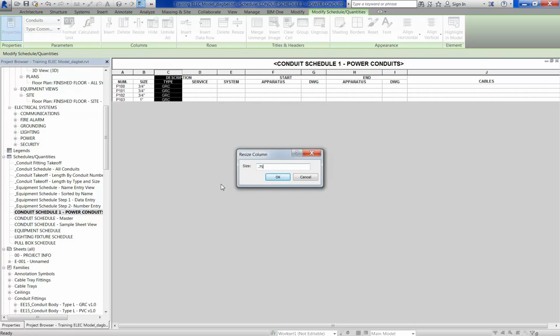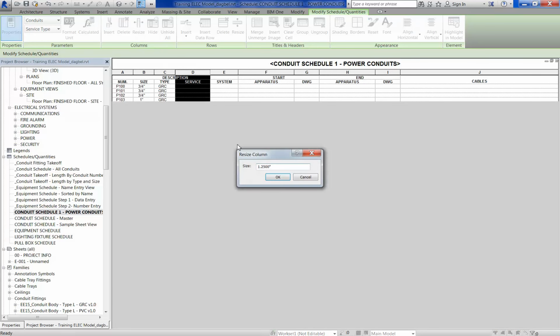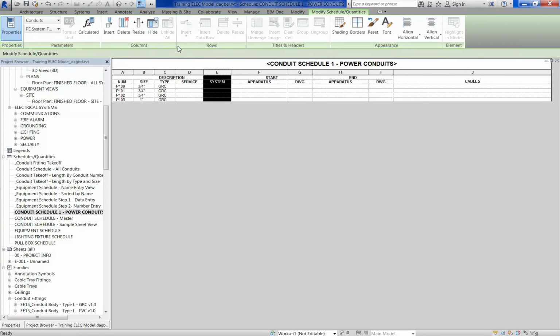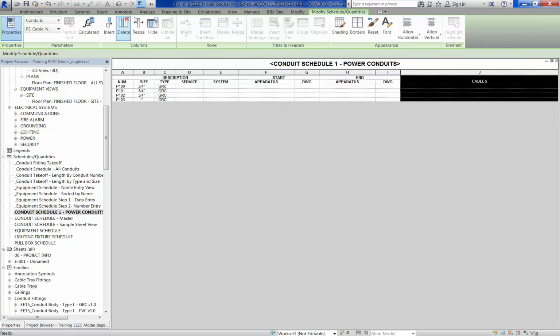That should be 3/4 of an inch. That one should be, service should be 1 inch. System should be 1 1/4 inch. And I went through and I changed all of this on the template, but it looks like I didn't get to it here in this project. So let's go back to that sheet,